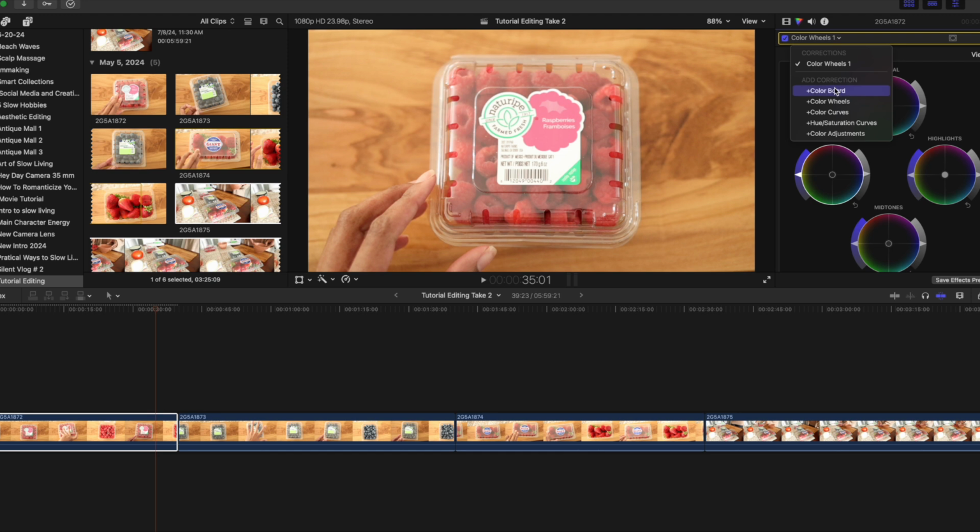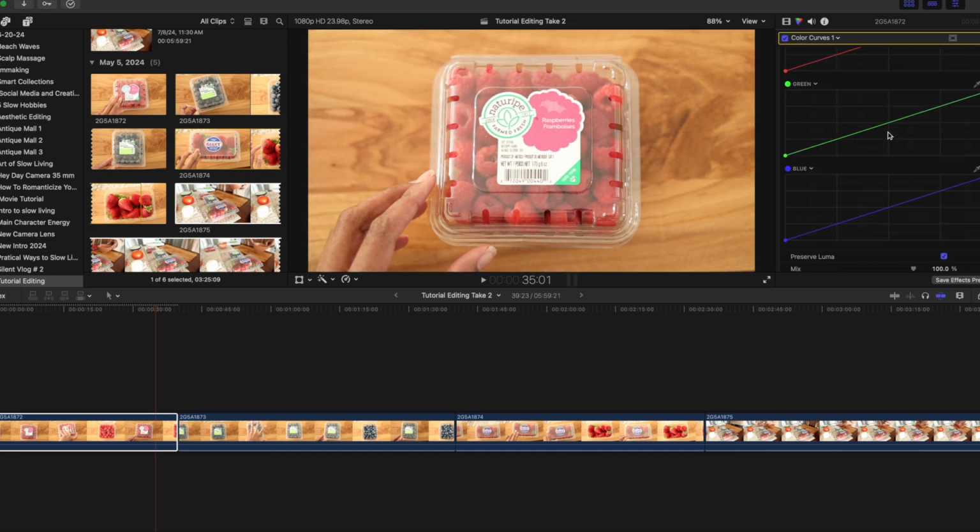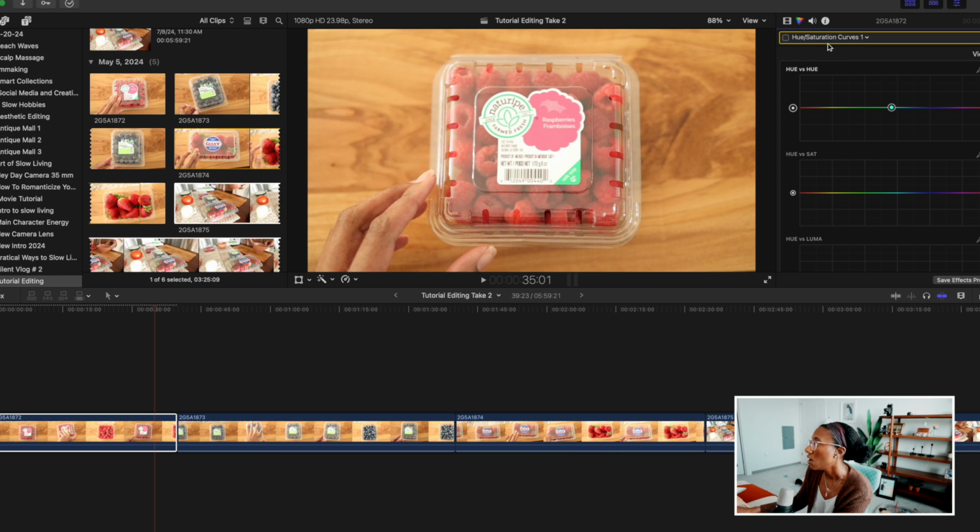And then moving forward, we have our color curve. Color curve, it looks intimidating. It all looks very intimidating. But essentially what the color curve is, it's for fine tuning, and it allows you to adjust the RGB curves or to tweak individual color channels. So pretty much you just toggle them up and down, and then you can change. Okay,